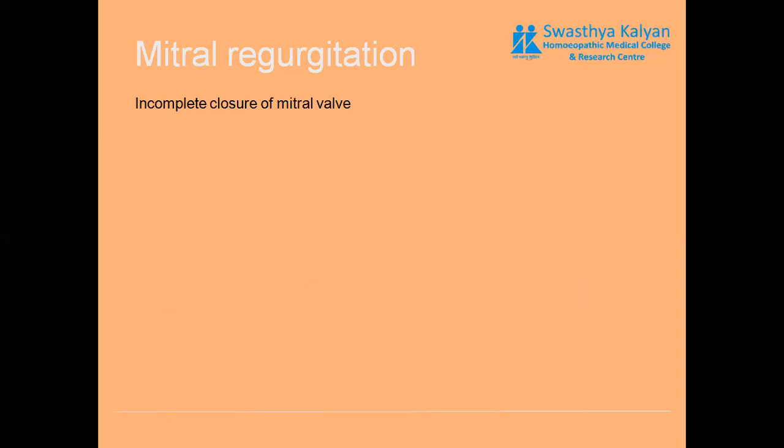And how do you define mitral regurgitation? That is an incomplete closure of the mitral valve during the systole of the ventricles. When the left ventricle shows systole, there is contraction. The blood is supposed to get pumped into the aorta, and the mitral valve is supposed to get completely closed so that no blood goes back into the left atrium. But as this valve doesn't close immediately, it causes a small amount of blood to regurgitate back into the left atrium.